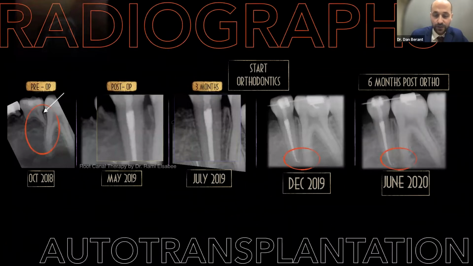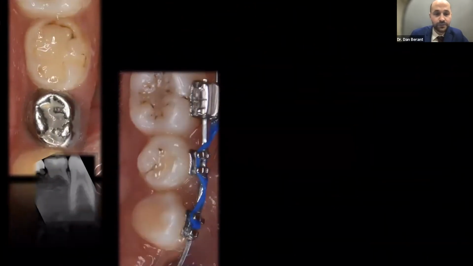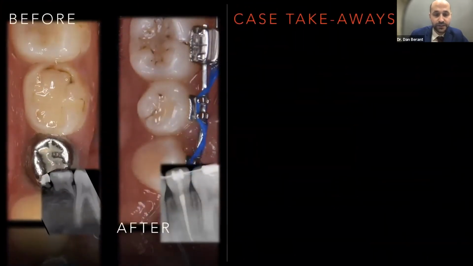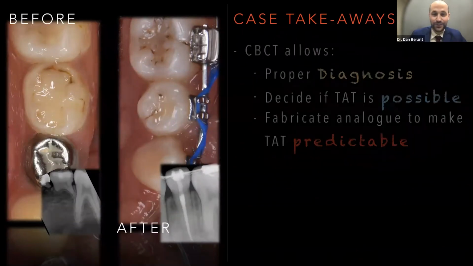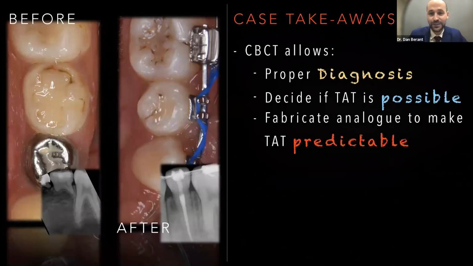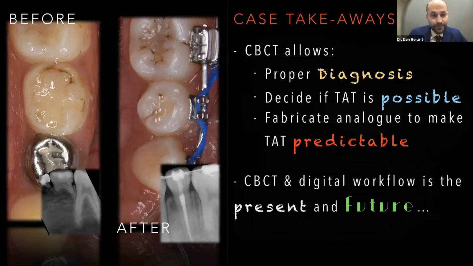And so what are the take-home points from this particular case? Now, I'll tell you that PA is after 2 years of healing. And so very happy to say that that tooth has survived and succeeded. So for tooth auto transplantation, the CBCT really allows us to provide this treatment in a predictable fashion. It allows us to diagnose appropriately. And finally, to